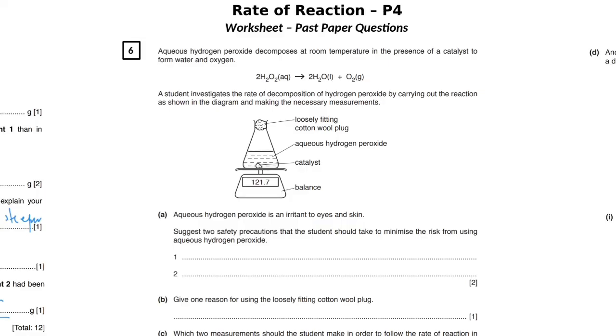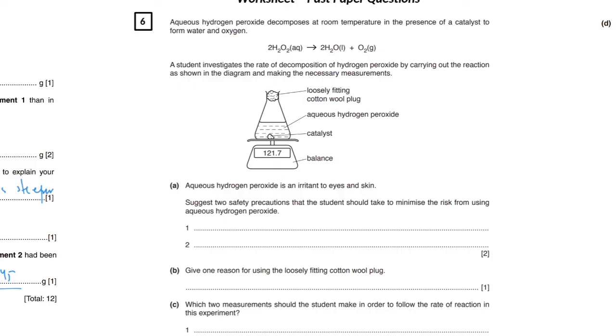Okay, so I've incorporated this question just for a few parts because the rest of them are pretty much the same. So I'm not going to discuss the parts that we have already done before. This is again hydrogen peroxide. It asks you to suggest 2 safety precautions the student should take to minimize the risk from using aqueous hydrogen peroxide. And he has told you that it is an irritant to eyes and skin, so you'll have to take precautions accordingly. For example, for skin, you should be using protective gloves, and for eyes, you should be using safety goggles